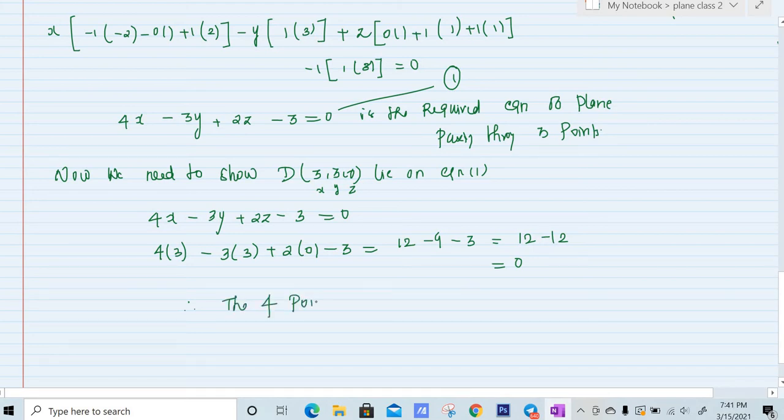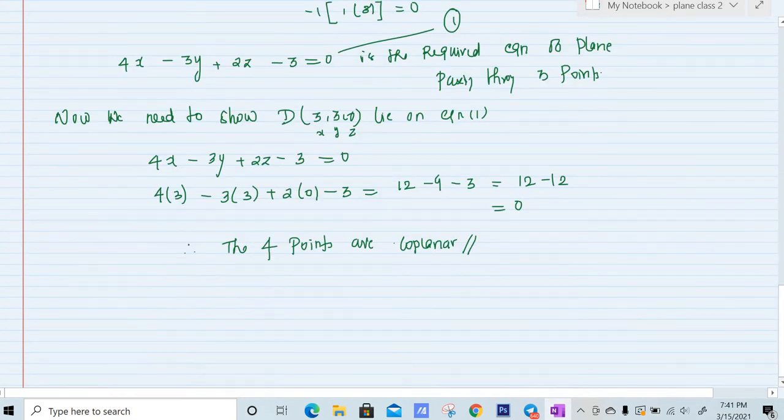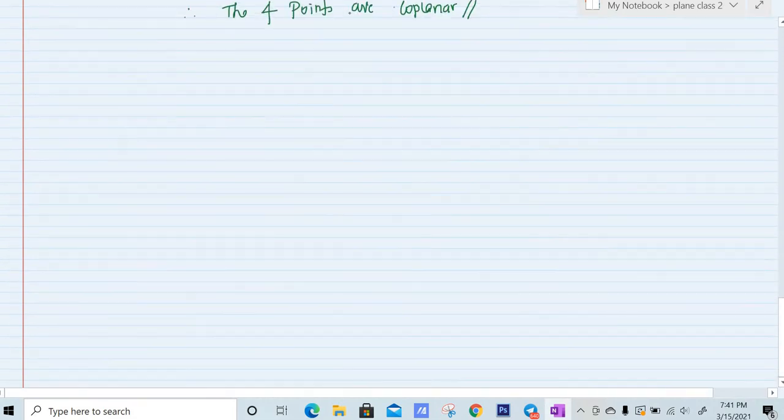Therefore the 4 points are coplanar, because all 4 points lie on the same plane, right? So move on to problem number 3. So problem number 3 is